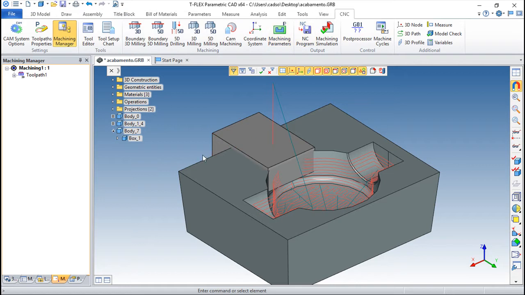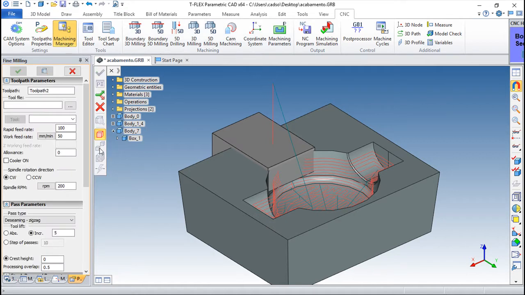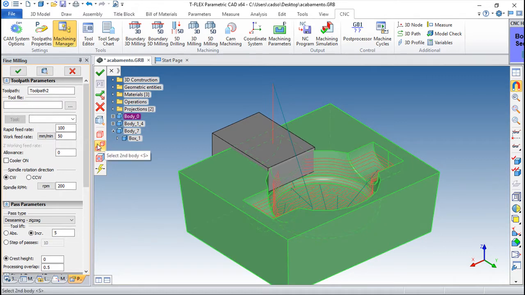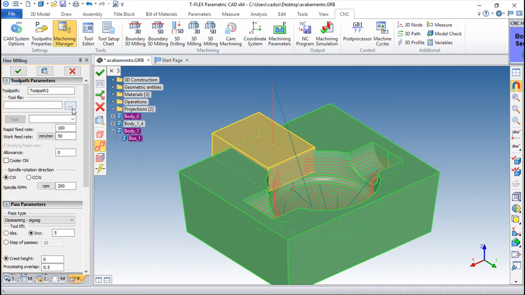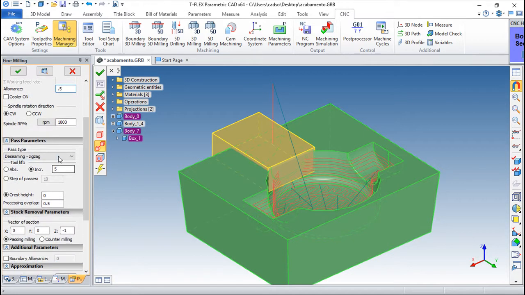If I do now another toolpath and choosing the solid, okay, choosing the second body, you remember the roughing, and if I do now the same stuff, so choosing not this one but the number 3, the 0.5, the same parameters, no problem,